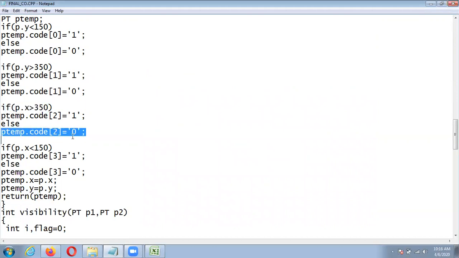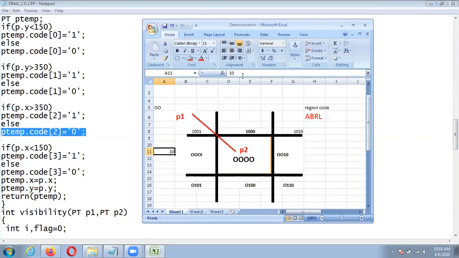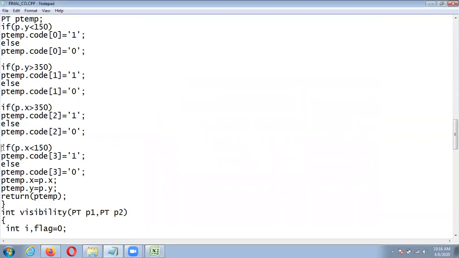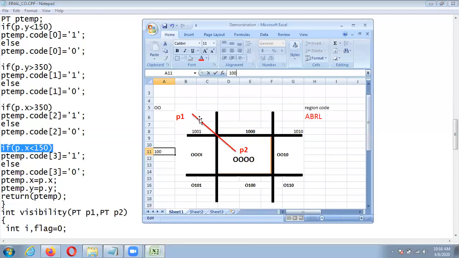So we are assigning ptemp dot code of 2 equals 0. So here, third point is also 0. Now last condition is what? Again, p dot x is less than 150. Yes. So it is less than 150. It means what? This point is at 150.